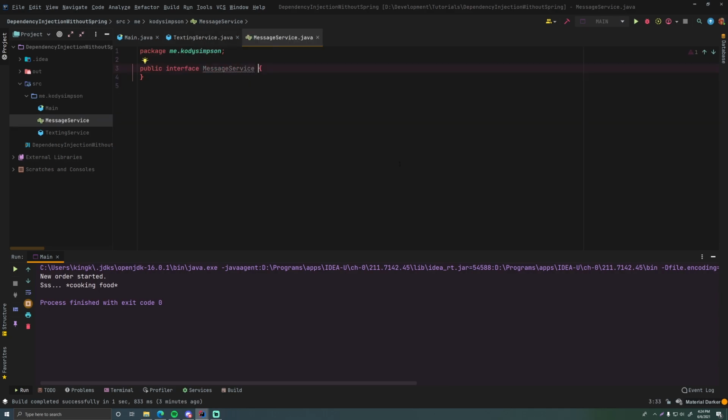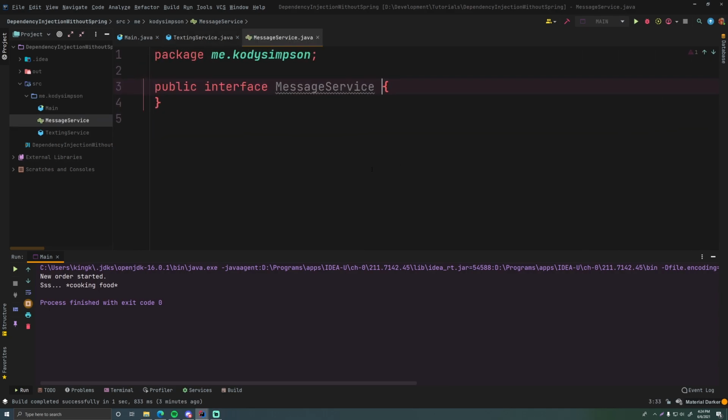So why are we doing this? This is because let's say that we want different implementations of message service. We don't want one way to do messaging. We can have different implementations of message service, and then that means that our texting service doesn't have to depend on one single implementation dependency. It can use any of the message service types or implementations to do its function. It doesn't have to even worry about that. So we're going to make a contract here,